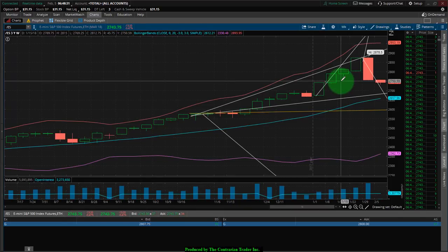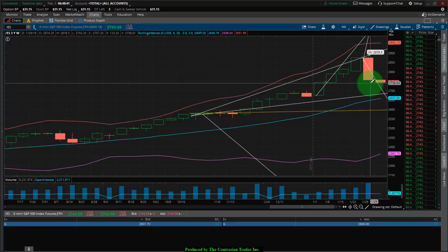So if one were to ask me, what's the most important observation that you have to make about this week's price action so far, it is that we have a new weekly low versus last week. So trading is not about guarantees, it's about probabilities. Given the fact that we have now made a new weekly low, the probability of a continuation breakdown is